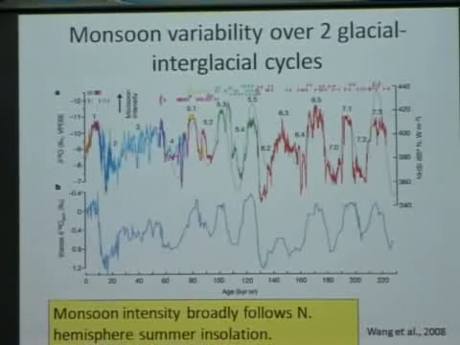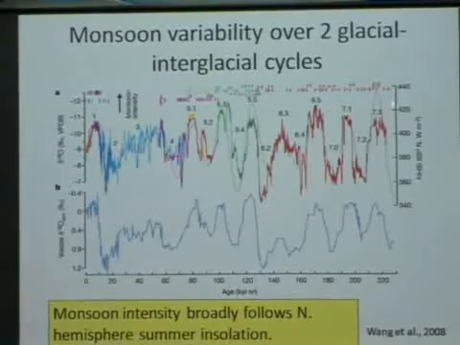Okay, so this is a record that was published last year in Nature, which is truly an amazing compilation of speleothem data, and this came out of Larry Edwards' group in Minnesota, and was published by Wang et al. Each of the different colors represents a different stalagmite, which have all been spliced together to give a 220,000-year-long record of the monsoon. Shown here, the delta 18 axis is reversed, so the more negative values indicating the wetter conditions, remember, are towards the top, and the more positive values indicating drier conditions are towards the bottom.